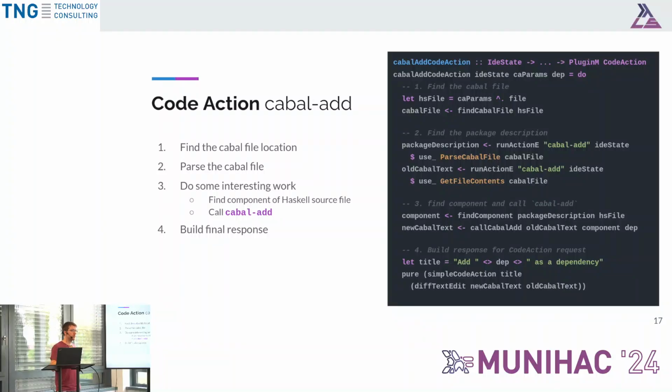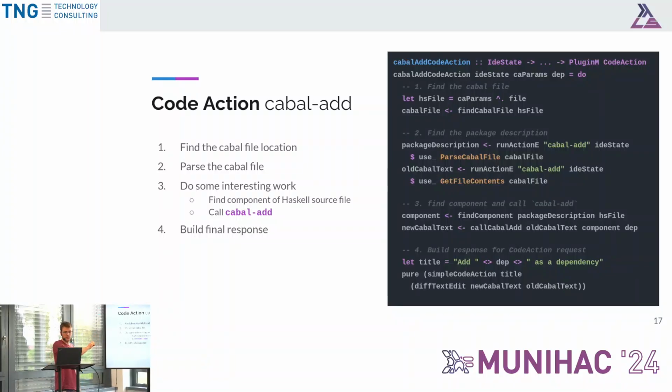However, we also need something more. Cabal-add also wants access to the original sources, because it needs to parse the cabal file to a certain representation that it can modify, so that it doesn't need to reprint the full cabal file, but only modify exactly what is needed to add this particular dependency. To do that, we have to do another action in this step, where we say, intuitively speaking, again, what are the sources of that cabal file at this very moment? And then we call cabal-add, and cabal-add will produce a new cabal file where the new dependency has been added